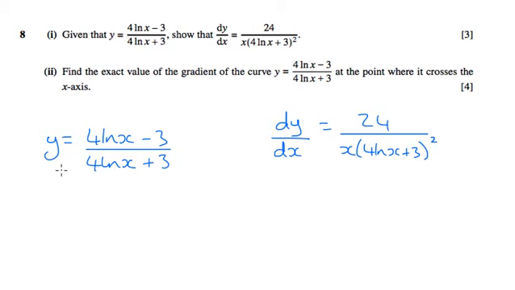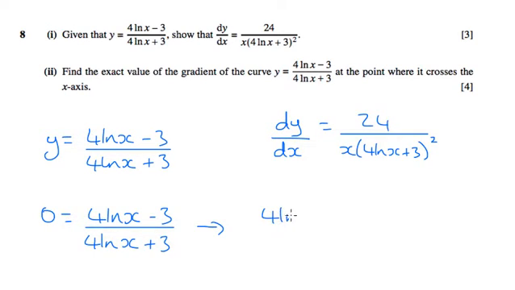Part 2 wants us to find the value of the gradient when the curve crosses the x-axis. The curve crosses the x-axis when y equals 0. So we need to work out the x-coordinate that makes this equal to 0. And if we've got a fraction, which we have here, that equals 0, then it's the top, the numerator, that needs to be 0. So that leads us to be able to say 4 ln x take away 3 needs